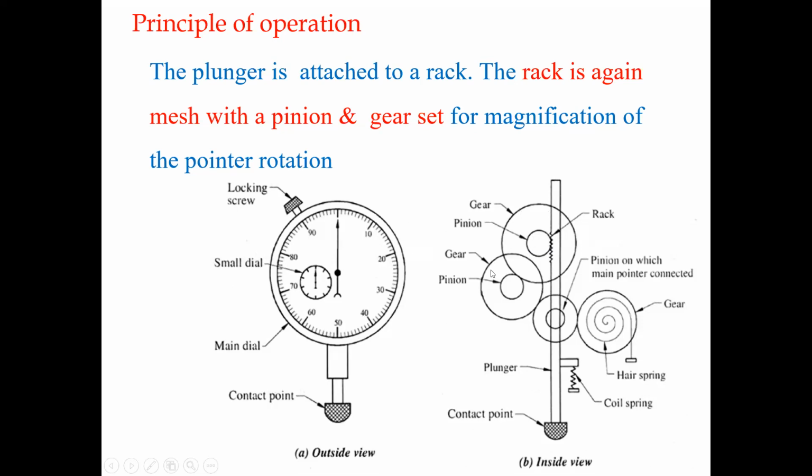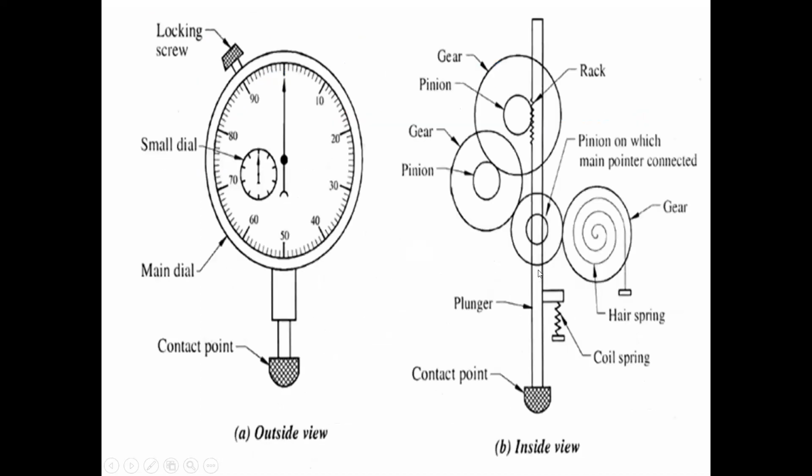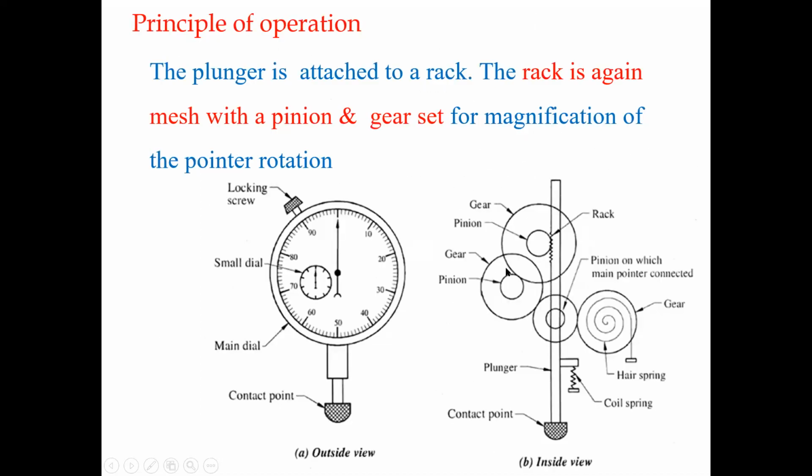Next, coming to this gear and pinion, the larger gear is simply meshed with the pinion on another shaft. Here, the smaller pinion is meshed with the larger gear, this one. If you observe this larger gear here, again, it is meshed with this gear. This gear and the smaller pinion are simply mounted on the same shaft.